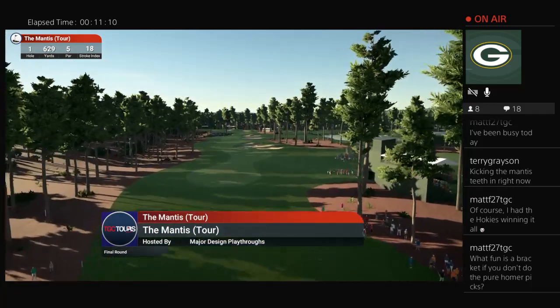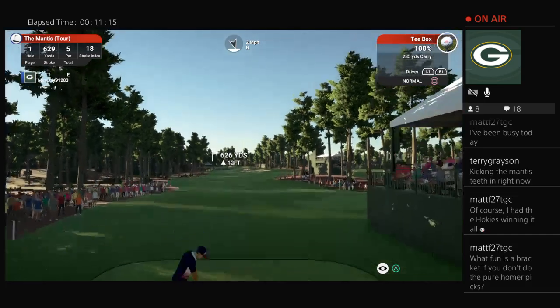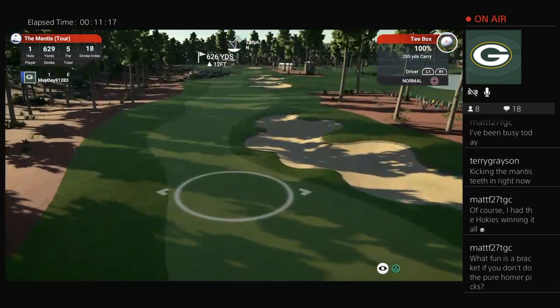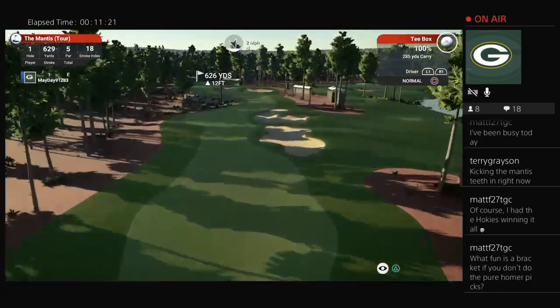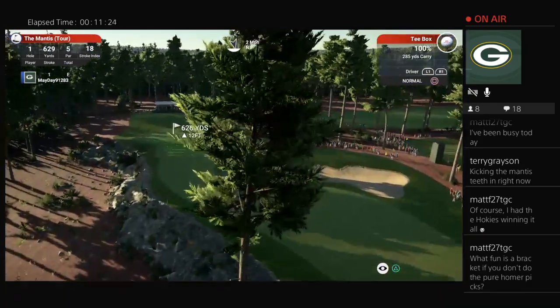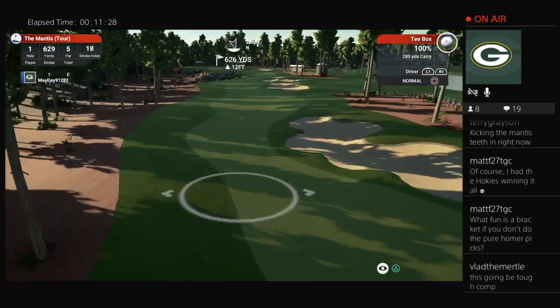So, all right, we're opening up with a 630-yard par 5. So far, playing the easiest on the course. Right away, we see kind of a tight landing area off the tee. Serpentine fairway. I don't even think in the best of winds this would be reachable, but...